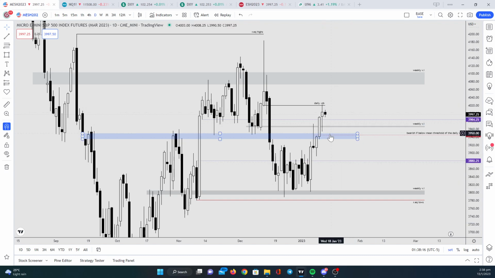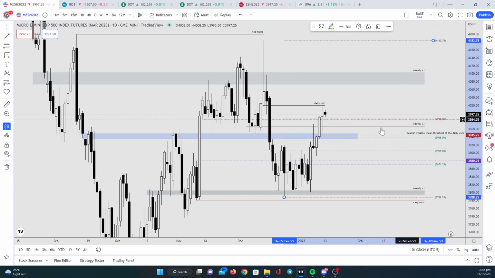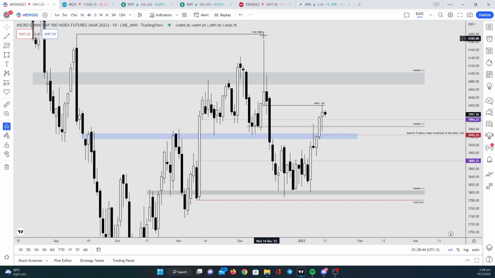It could come back down here, take out yesterday's low, and then resume back higher. I think we should do that due to this area being premium. Okay, swing high to swing low, 50% right here. We are right in premium. Okay, above premium we have these levels here, the weekly volume imbalance and the relative equal highs, which is the end of the range. Right, we have lots of